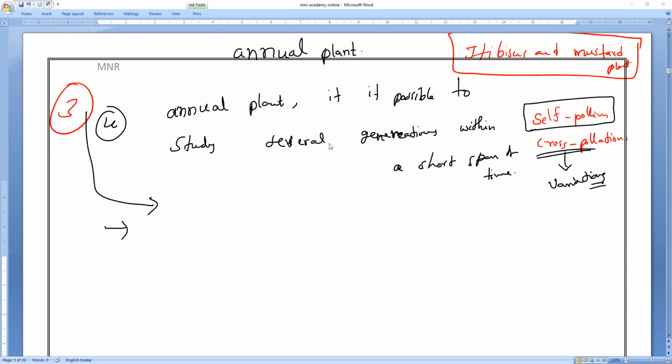Until fertilization, which ensures self-pollination. What is the advantage of this? This is one more question they will ask you. Can you tell me the advantages? It is easy to analyze the pea plant because of self-pollination. It is easy to get pure hereditary lines for several generations. That is the importance. So, which ensures self-pollination,